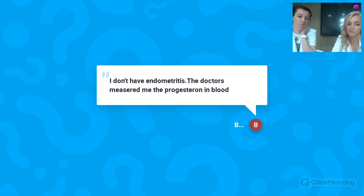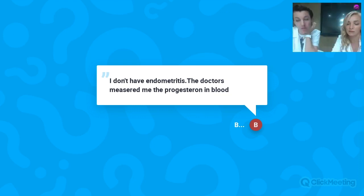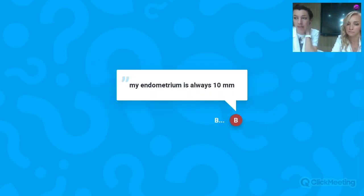Yeah, we have an additional comment on that. So I just wanted to say that I don't have endometriosis. The doctors measured the progesterone in blood. Okay, if your endometrium is always 10 millimeters, that is very good, and we recommend checking the progesterone not in blood but in the endometrium. It's the receptor for progesterone, an immunohistochemical procedure. Yeah, and only after that result can we tell you exactly